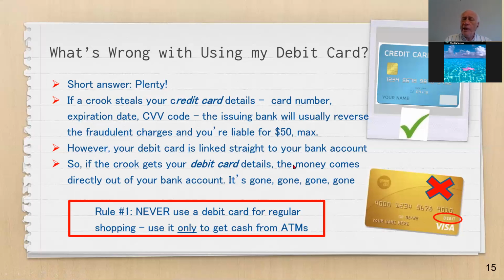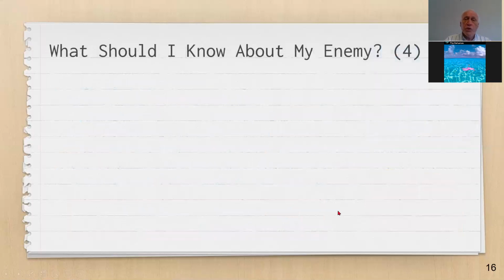But more important, if the bad guys get your credit card number, they're still going to use the credit card and buy a TV set and they might get away with it. It's not going to cost you any money. There's nothing much they can do with a credit card that's going to really affect you, because what will happen is the bank will just give you back the money and they will charge it to the merchant. So if the merchant didn't do proper due diligence, didn't look at the signature on the card or anything like that, the merchant's going to eat it, right? So it's Best Buy or Target that's essentially taking the risk when they take somebody's credit card, but you aren't taking a risk. So rule number one: never use a debit card.